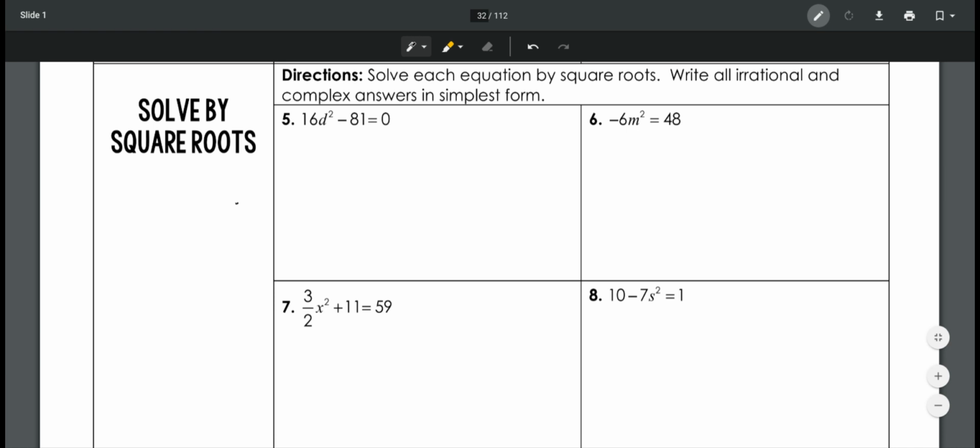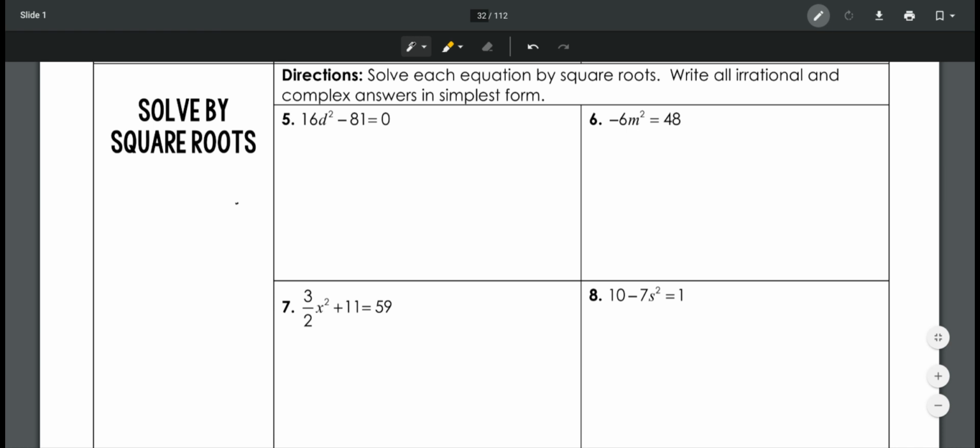We're going to solve equations by using the square root property. In this particular section, we're going to solve each equation by square roots. We're going to write all irrational and complex answers in simplest form, which means you do not round, you do not give decimals, you give simplified fractions, you give simplified radicals, you rationalize any and all denominators from radicals and